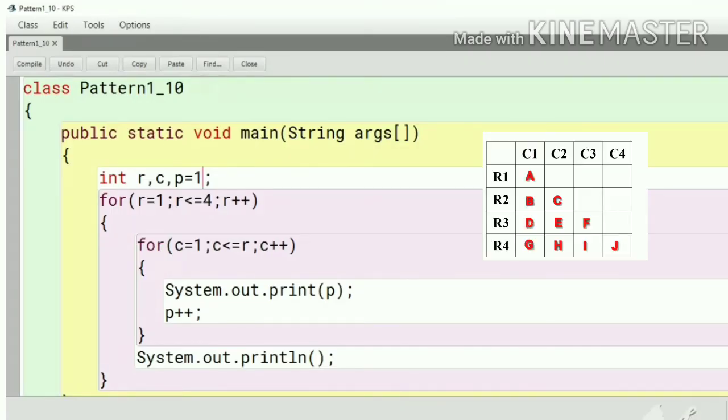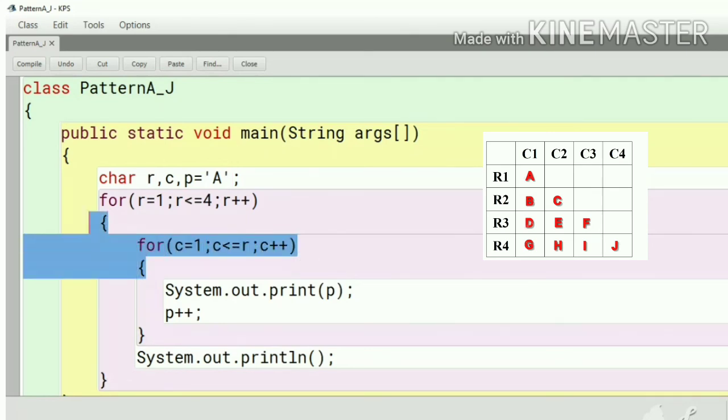In the same way it can print the letters in alphabetical order also, in sequence form. For example, here we have to print A to J. So what you have to do is change all these data types into character. The row and column will be the same, and here P will not start from 1, it will start from capital letter A. You can check here: the printing will be 1 to 1, the next time 1 to 2, 1 to 3.